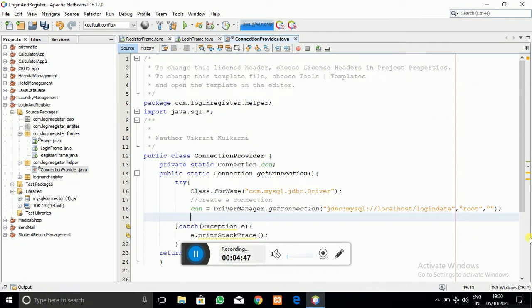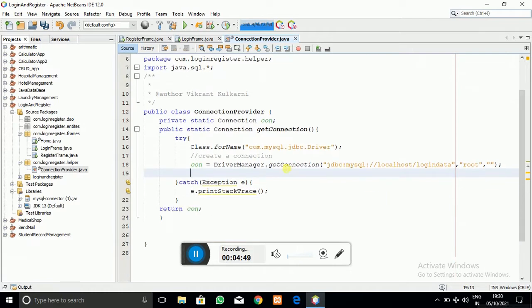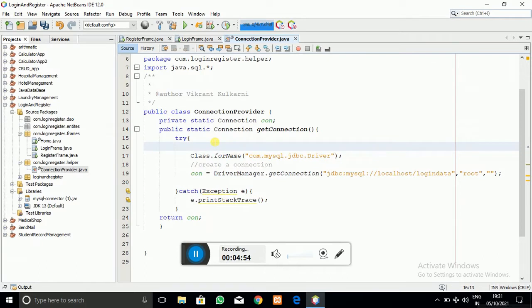Here you can see that into that connection variable I have got the connection, and that connection is returned by our getConnection method. Whenever we call this method, the connection object would be created and returned every time, and we don't require that.